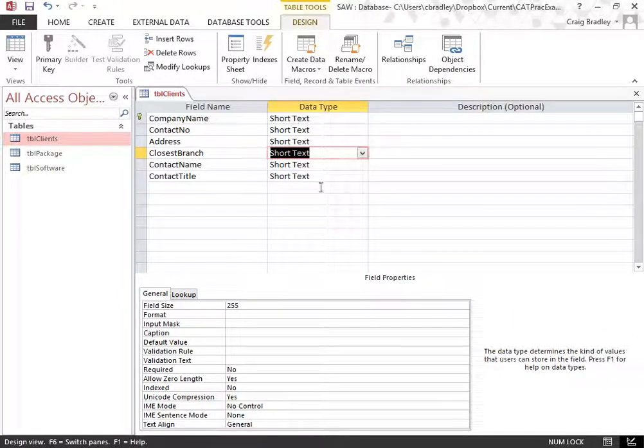Okay, now it asks us to create a validation rule for contact number to only allow Mr., Miss, Mrs., or Doctor. There's probably Professor and all those other jazz, but anyway. So validation rule, we only want to allow Mr. or, damn it, Miss or Mrs. or